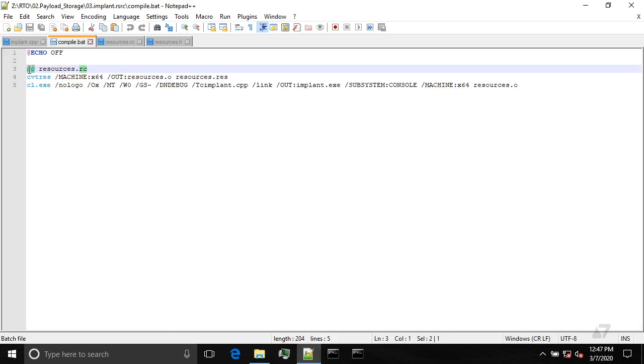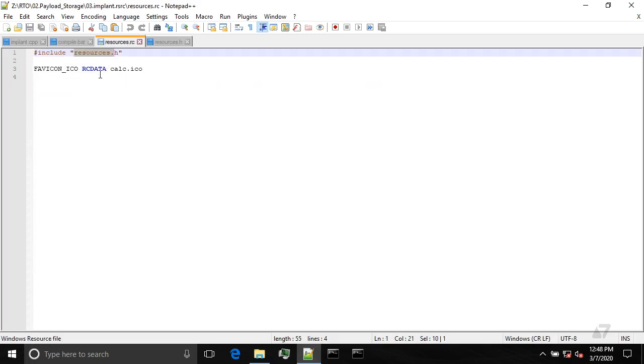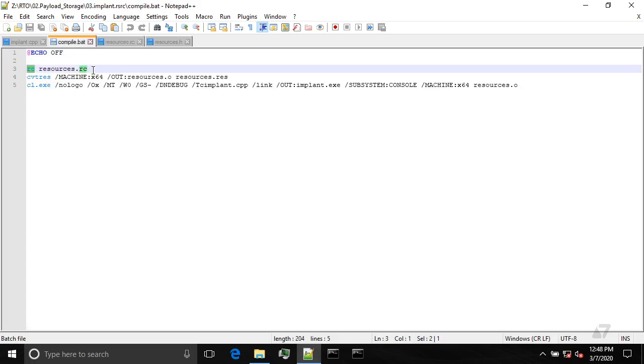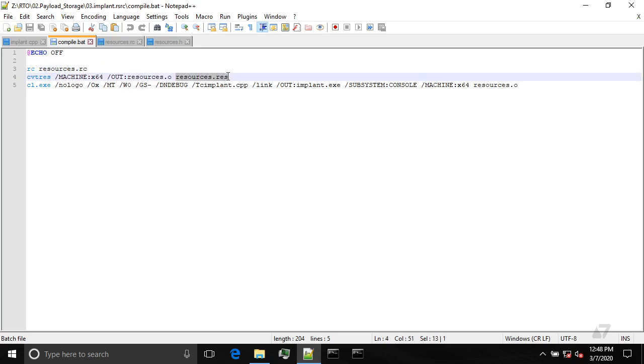RC is a resource compiler, and it will take the RC file, so this definition, and create a file of type Windows resource, and this Windows resource file will then be used by the resource converter, which will convert